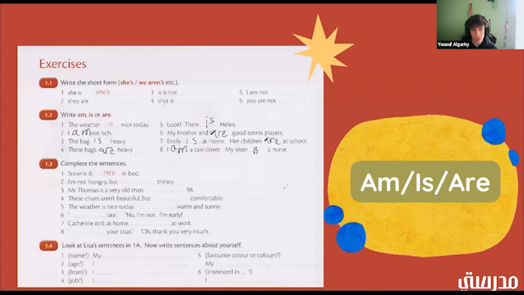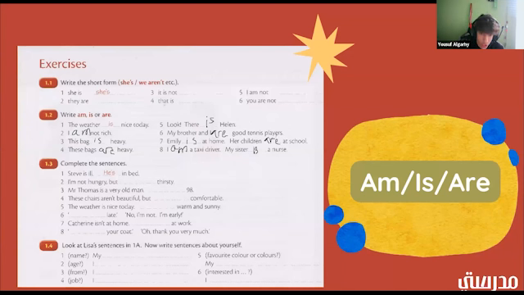Okay, so let me ask you guys, do you guys know the difference between when you use is and when you use are? All right, good. So I'm assuming most of you would know, but I'm just going to say it for anybody who doesn't. So you use is whenever you're talking about a single person or a single thing, okay? And you use are whenever you're talking about multiple people or multiple things.